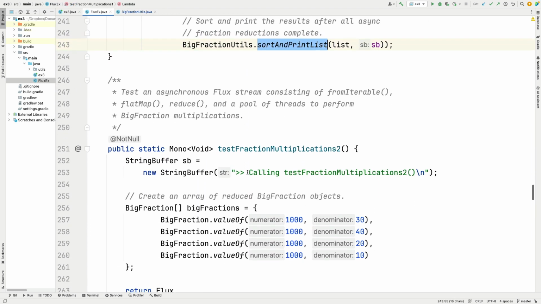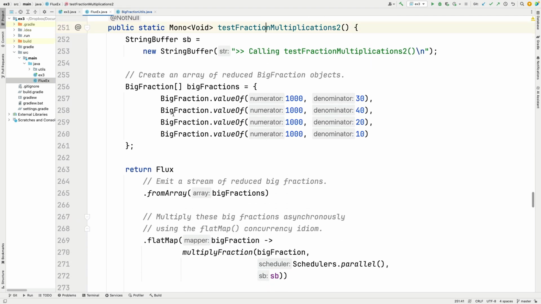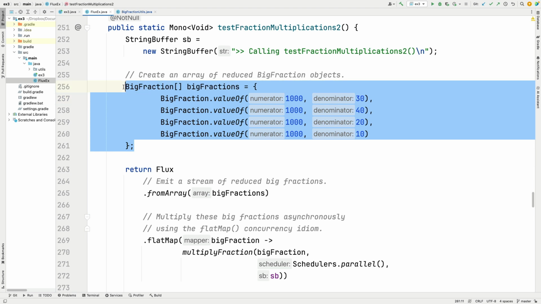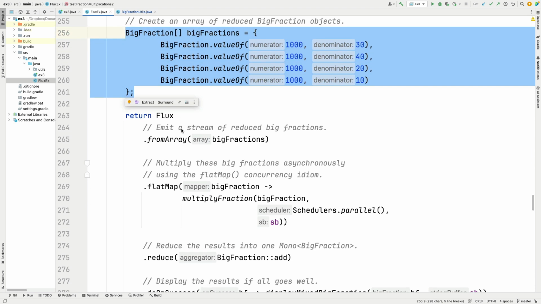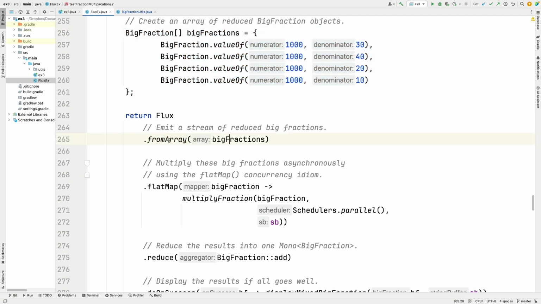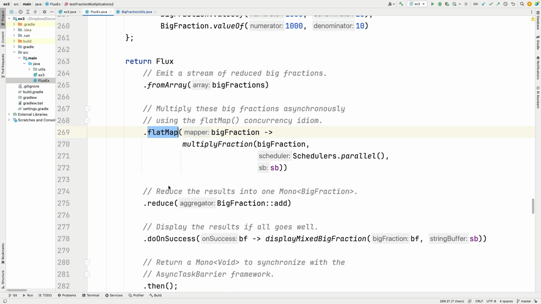Let's now go ahead and take a look at test fraction multiplications 2. This is going to do things a little bit differently. It's going to make an array of big fractions that are reduced. They start out reduced. And then we're going to convert that big fraction array into a flux. We're going to apply the flatMap concurrency idiom. This time, we're just going to multiply each of these fractions by the